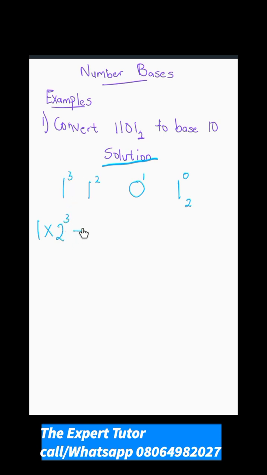Plus I have this 1 here again, multiplied by 2, all raised to power 2, plus I have this 0, multiplied by 2, all raised to power 1, plus I have this 1, multiplied by 2, all raised to power what? 0. Now when I have it this way, I am going to find out what 2 raised to